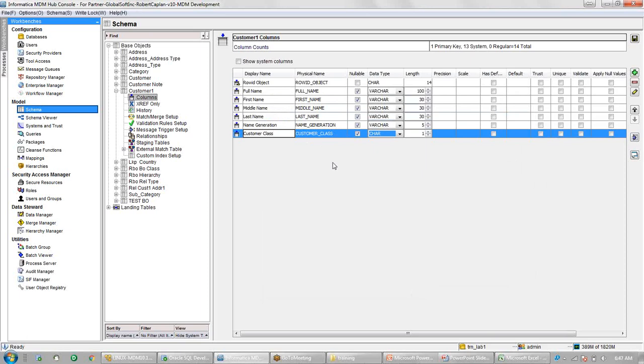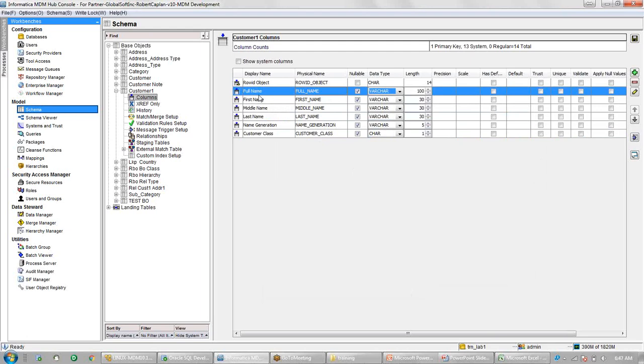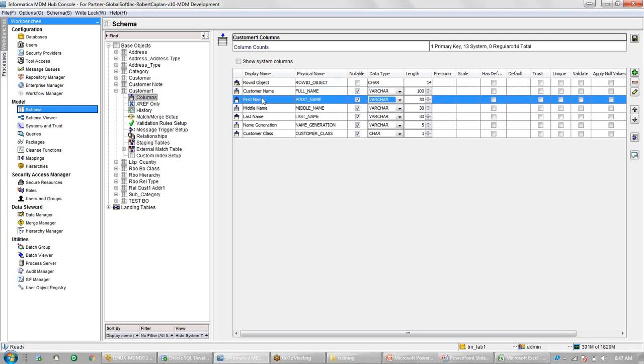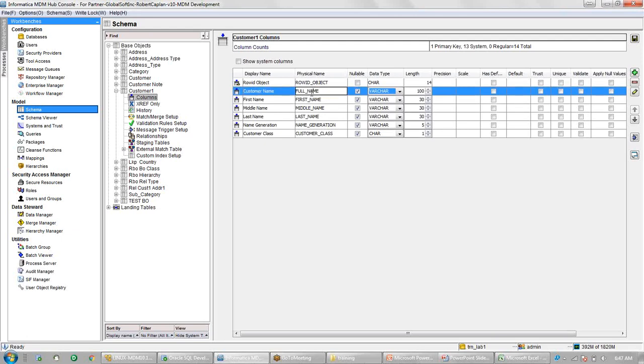So the only thing is, whenever we do an import, whatever the physical names we have, like full name for example, the same is the display name exactly as it is. So it might be required that instead of full name I want to show customer name. So I can come here and change it. This can be changed later also. So the display name can be changed later. As of now, you can change the physical names also. But once you save it, we will not be able to change the physical name nor the data type.